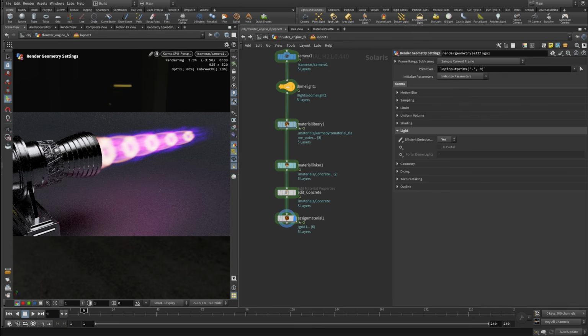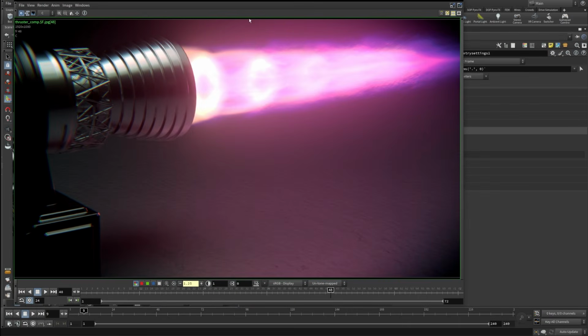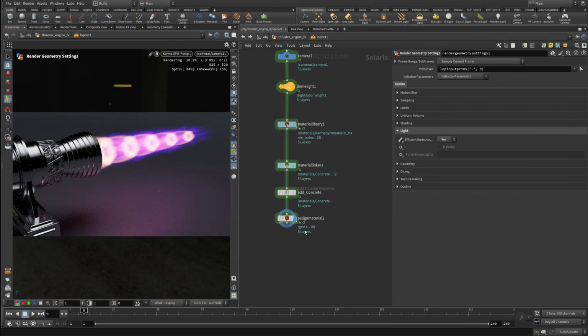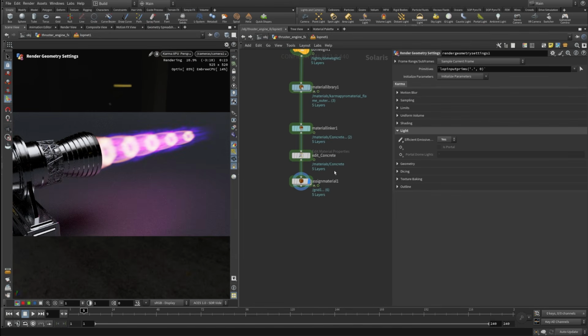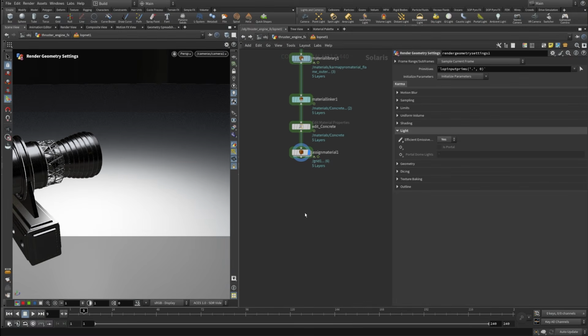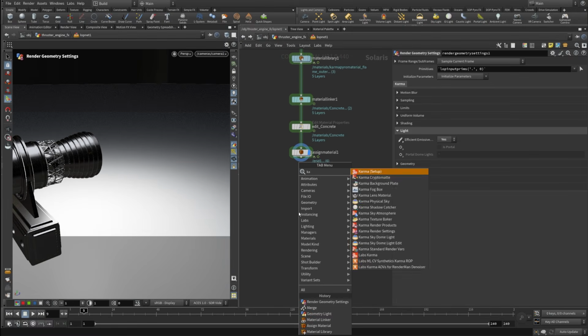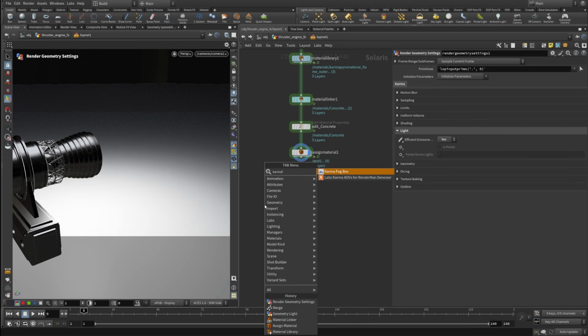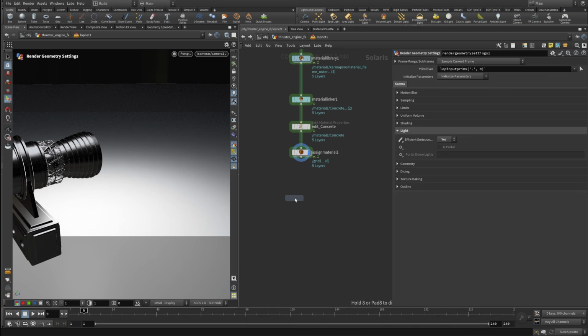The other thing we can do, which will add to this interesting atmospheric glow around it. So some of this glow is in comp, but I've also added a Karma fog box around it to have the light bounce inside, so as if there's like some kind of air. So let's add that. So we are going to put down Karma fog box,